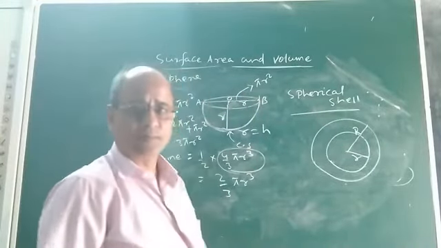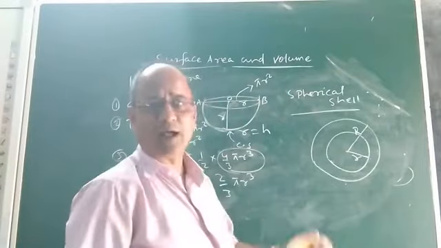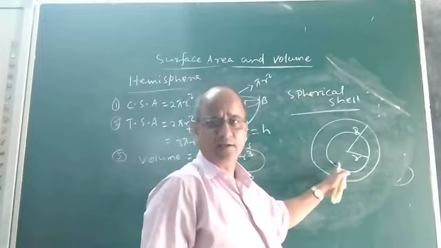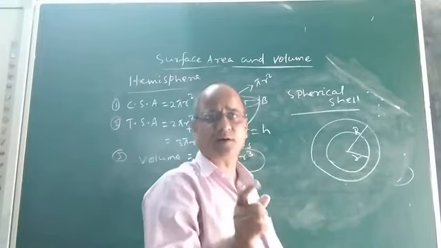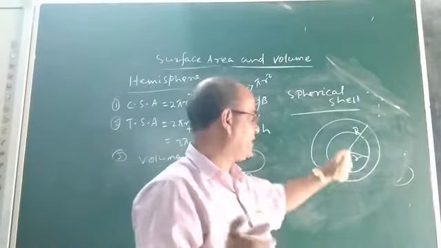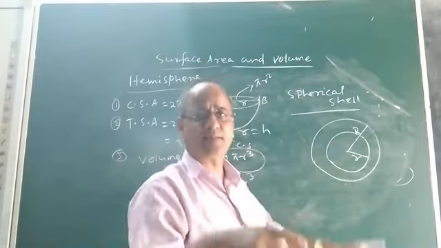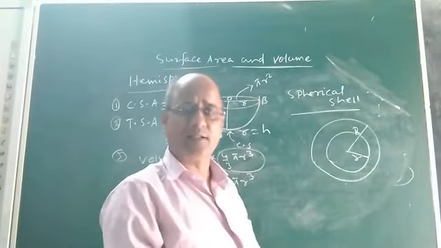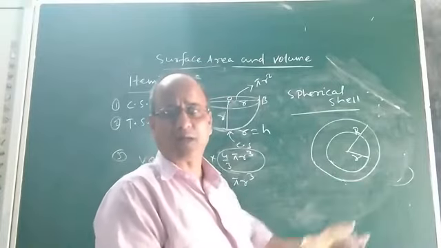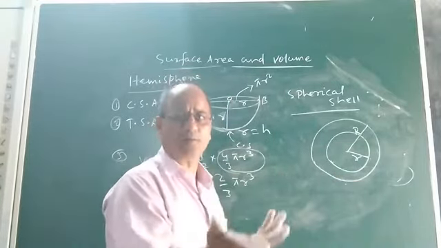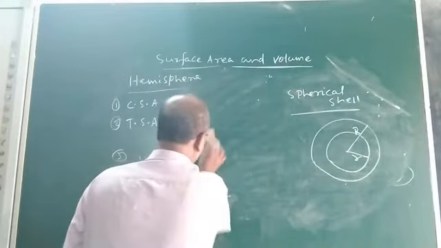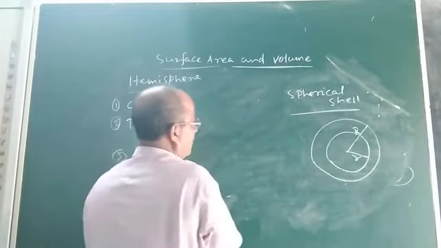Then what will be the formula for the outer surface area of this cell? This became a spherical cell. This is a spherical cell which consists of 2 spheres, one outer, the other inner. If 2 spheres have the same center but different radii, then we call it a spherical cell. Now how to find the outer surface area?